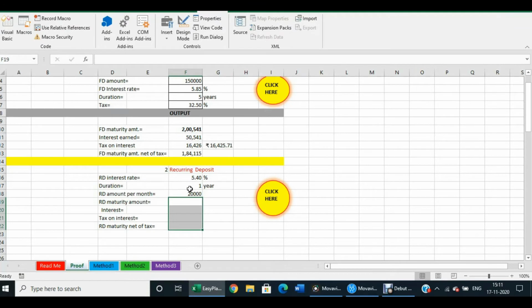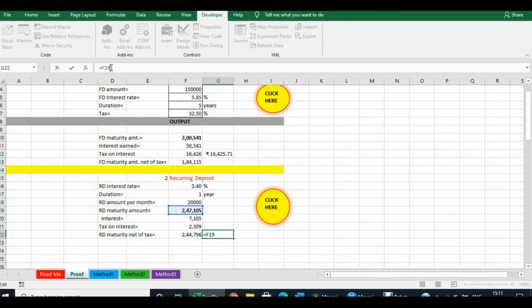I have entered the duration of the recurring deposit as 1 year, the recurring deposit amount of 20,000 per month. I click the button and I get the calculations here. So the recurring deposit maturity amount will be 2,47,105 rupees. Interest earned would be 7,105 rupees. Tax would be 2,309, and the maturity amount net of tax will be